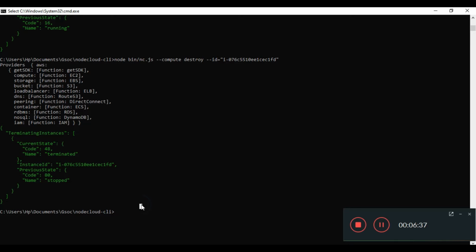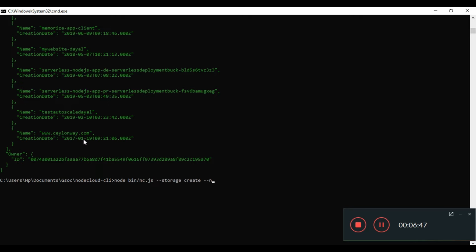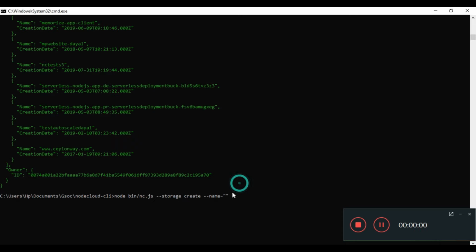So to create an S3 bucket, what we can do is provide the flag storage, since we are dealing with storage, along with the name of the bucket. So I will be providing a name for the S3 bucket. So let's say